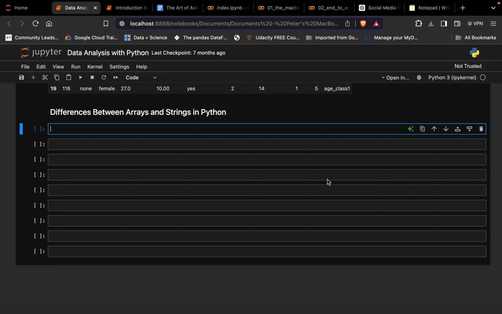Hi guys, so today I'm going to be answering a question, and that question is what is the difference between arrays and strings in Python? So I'm going to be doing some definitions, and at the same time I'm going to be looking at characteristics. So the first thing I'm going to do is define